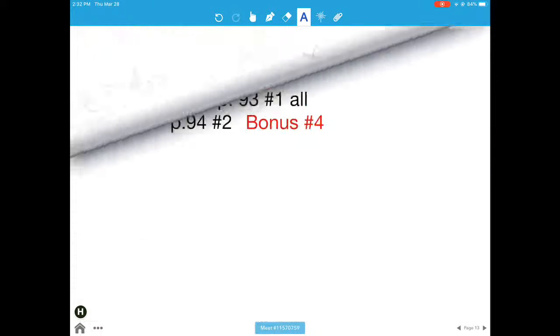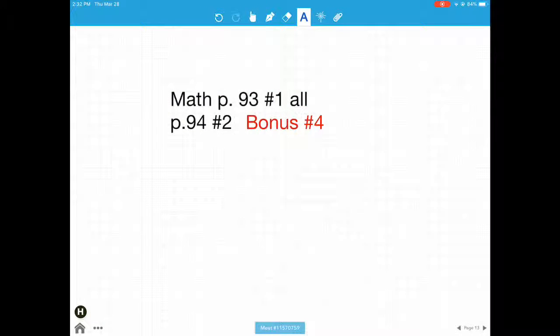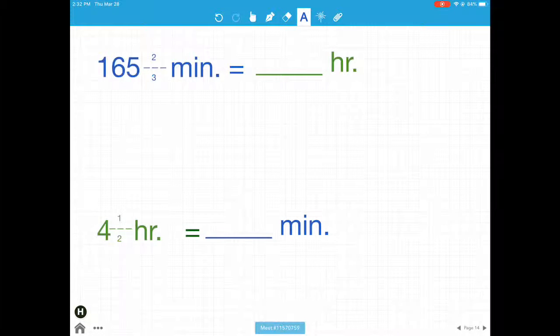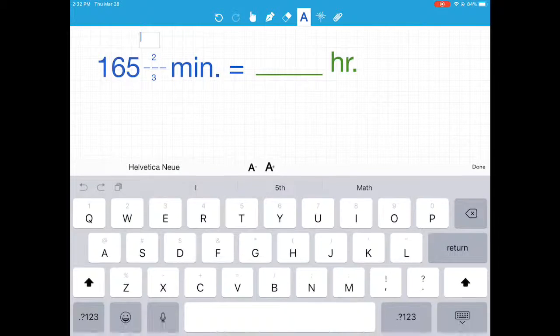All right, let's go on to another problem. Here's the homework, just for those of you that forgot what the homework was. I'm going to give you some other problems to remind you from smaller to larger what you're going to do, and when it's larger to smaller what you're going to do. All right, so here we have two examples. We have the same units, but they're in reverse. The first one we have minutes, and we're going to hours. So we're going smaller, sorry,